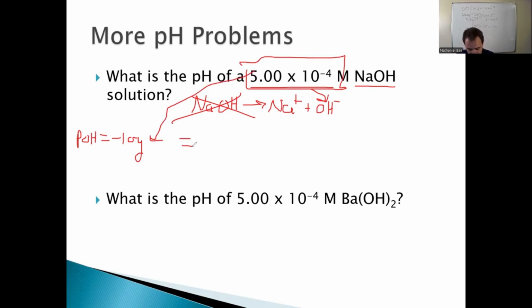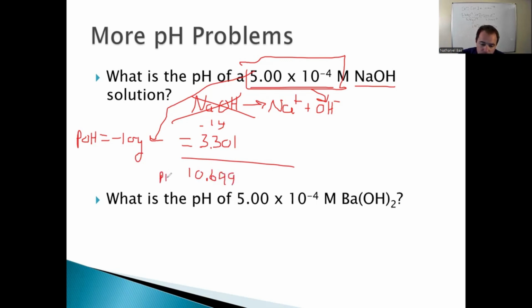I'll do it too. That's going to be a pOH of 3.301, and then 14 minus that. Again, 3 sig figs, so I went 3 places past the decimal. 14 minus that, that's going to be a 10.699